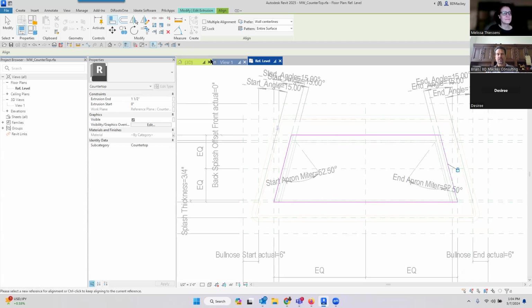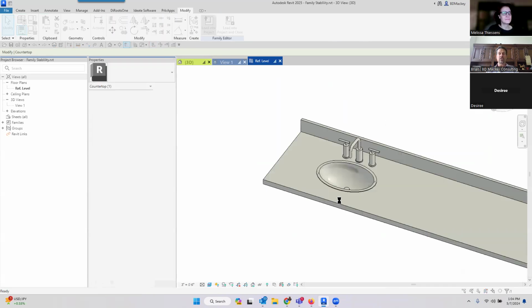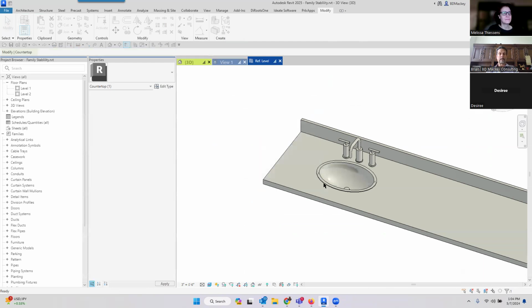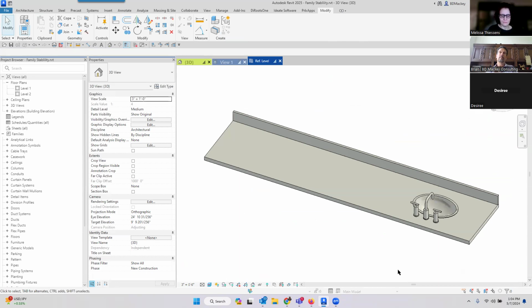And I do have my lock turned on in my align commands, so I don't have to worry about hitting the padlock. But now I'm going to go in and reload it. So again, still those sketch lines were drawn counterclockwise, but this time I started with the front line, and now the sink's backwards. So it's just one of those things that if you have a family that you're noticing you're